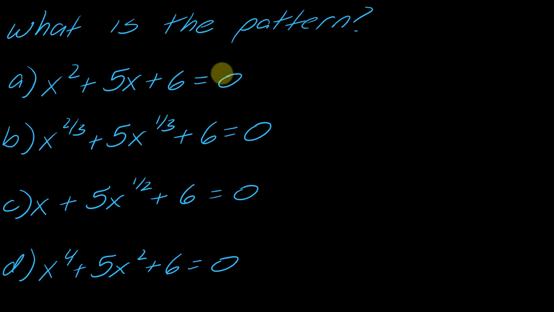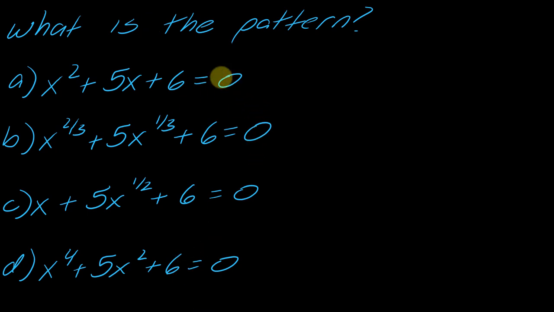So this first equation here, I know how to solve. I could pretty easily solve this by factoring. Now, what we're going to talk about in this video is that I can actually apply similar methods to these equations down here. So notice the first term has a coefficient of 1, the second term has a coefficient of 5, and then all of them have a constant term of 6,